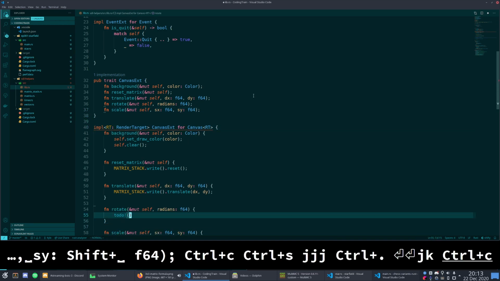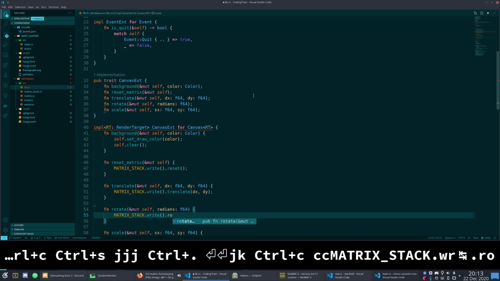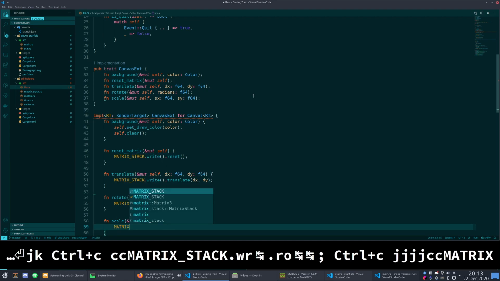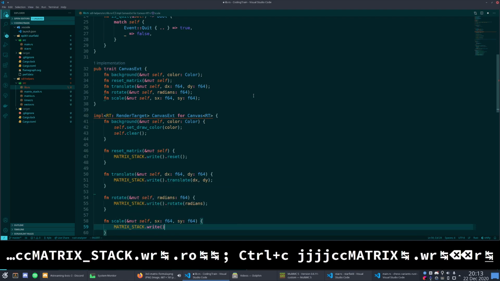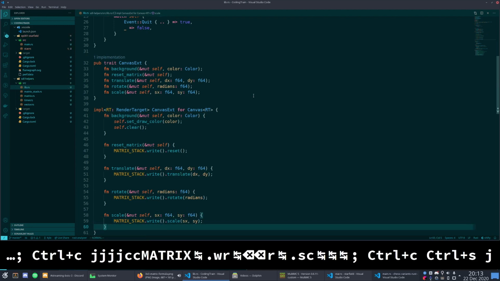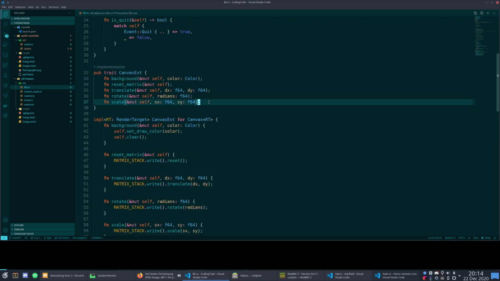Let's implement these methods. Scale. And there we go. We now have a way of saying you can reset the matrix, you can translate and rotate and scale. There's one more method that we need here, or two more, I should say,